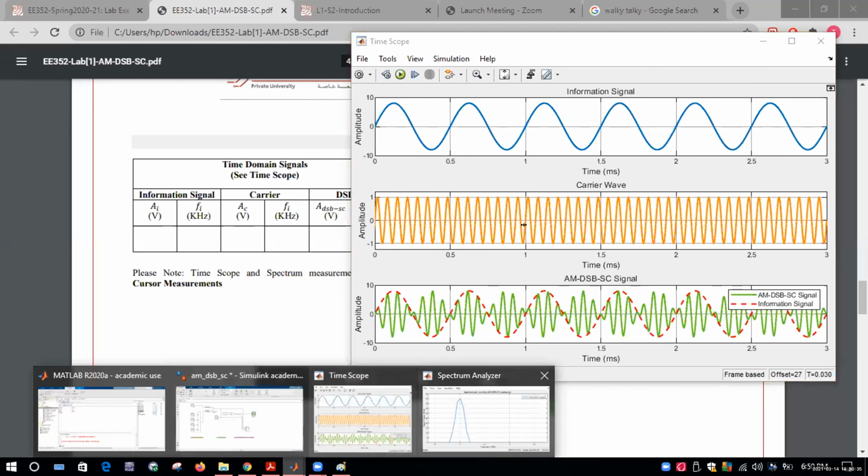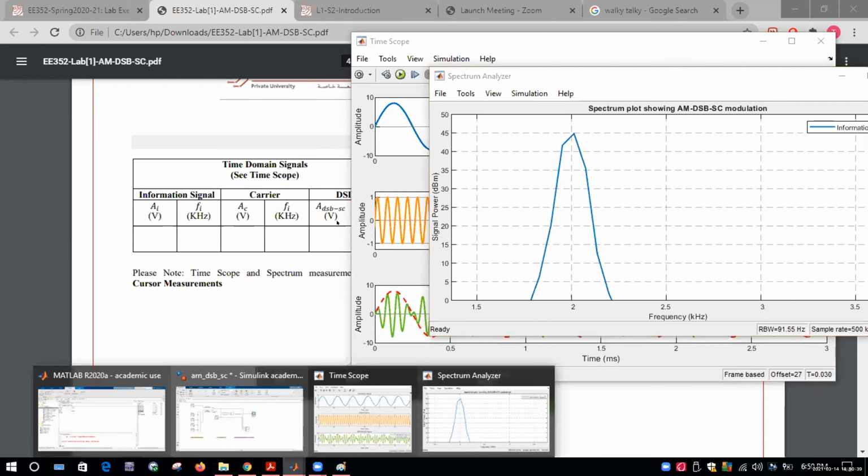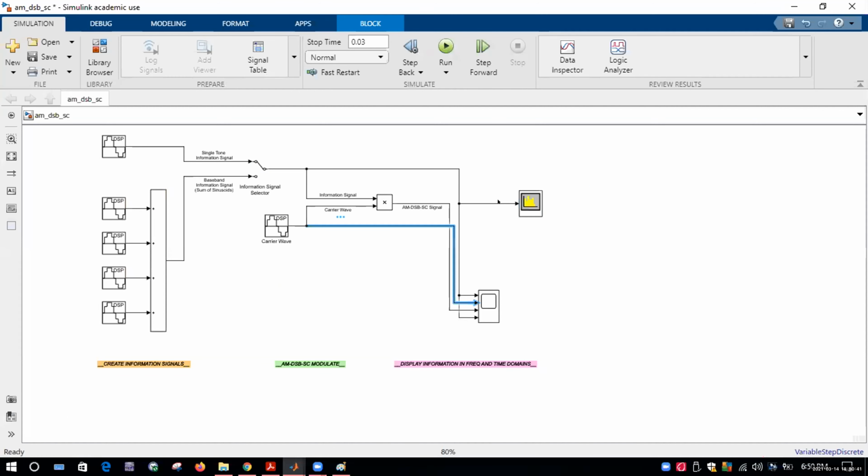You can again measure it from here. Connect the frequency spectrum now with the carrier here. Remove it and connect it here on this line to measure the carrier frequency. Okay. And then